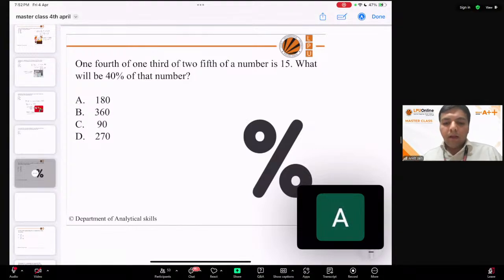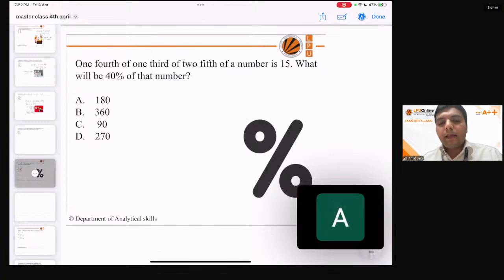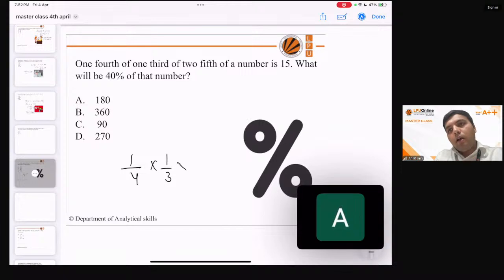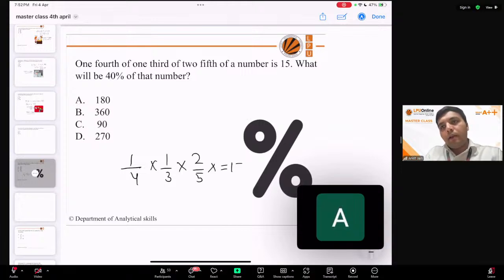Yes, give the right answer. Very good. Yes, answer is 180. So we assume that the number is x. So 1/4 of 1/3 of 2/5 of a number, we assume the number is x. This is equal to 15. So first find x. This is number x. So x is equal to,